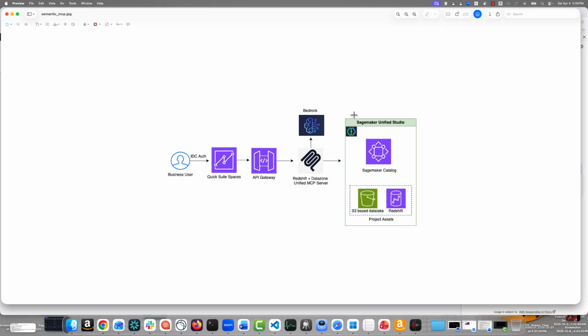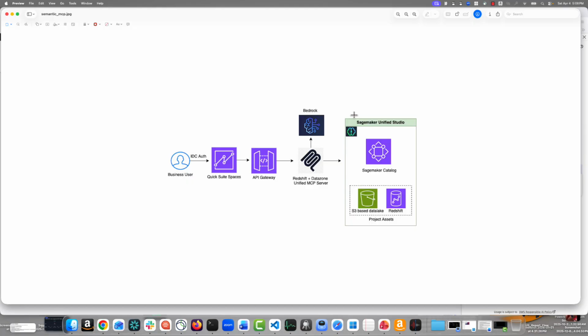Now, on the architecture diagram you are seeing on the screen, let me walk you through how this solution works. Our business user, who could be a financial analyst for this demo, authenticates through IAM Identity Center and logs into Amazon QuickSuite. Here, an administrator has already created spaces. The business user logs in with IAM Identity Center authentication, and here the user uses the chat assistant created for them. This chat assistant can be embedded into their own company website or internal